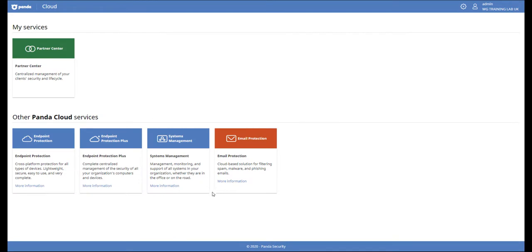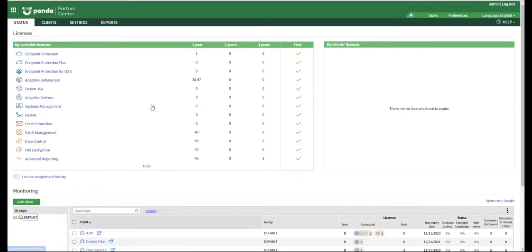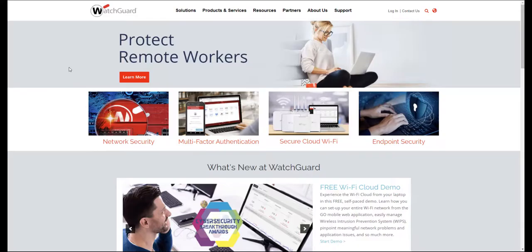By doing so, it will take you straight through back to the Panda Security Cloud portal where you can access your partner center again. And now what we can see is that additional license has now been activated. As I mentioned, all pool licenses are provided in the form of license keys provided via email now. All you simply need to do is activate those licenses in your WatchGuard partner portal to pass them through to the partner center. If you log out and go back to watchguard.com, log back in again,